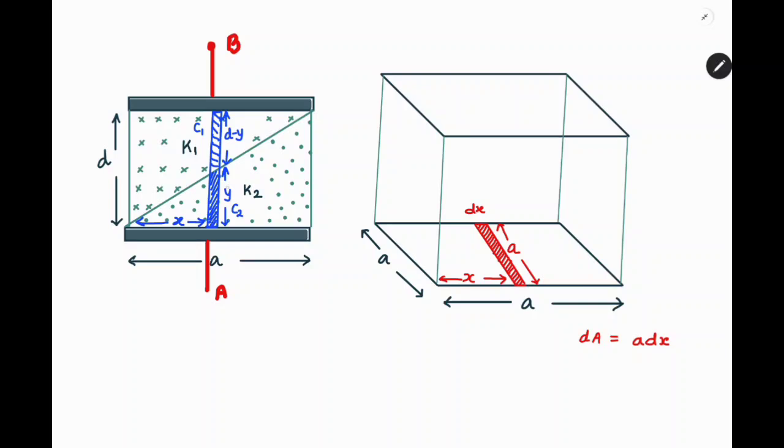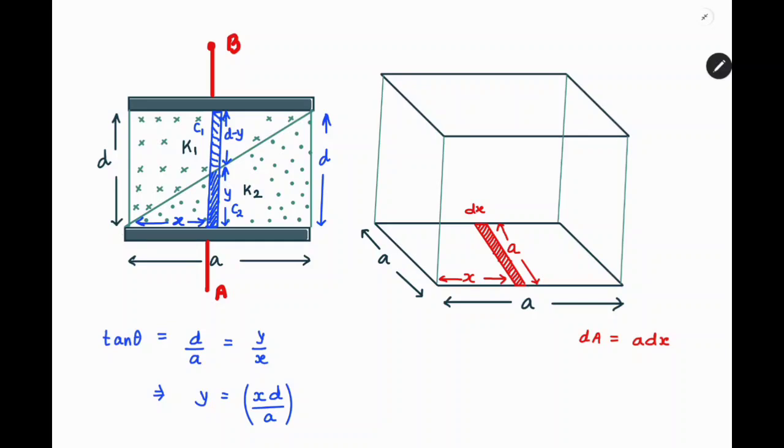To calculate y, we use this triangle. In this triangle we have this distance as d, and this separation is a. If we write tan theta, it can be written as d by a, which is equal to y by x. From here we can say that y is equal to x d by a. Whenever you are doing a problem like this, please keep in mind that you are not writing this as dx, we are writing it as xd. dx is something else and xd is something else. Here dx stands for the elemental thickness, and xd means x multiplied by d by a.